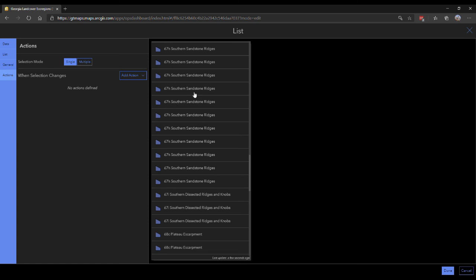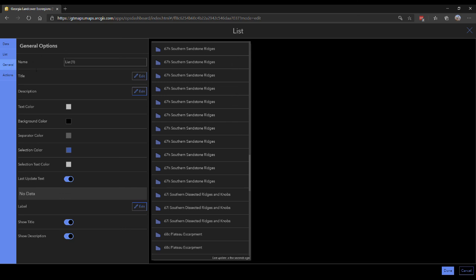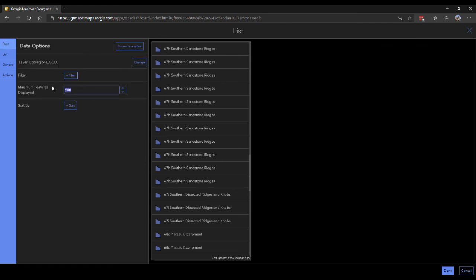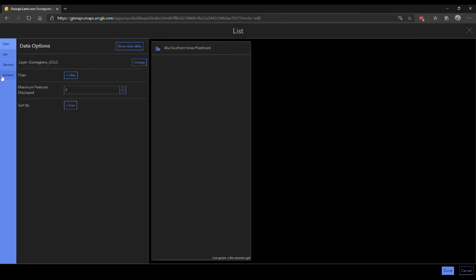The reason we don't use a list in that way and we use a selector is because a selector takes up much less space on your dashboard, whereas a list has to be included with your other elements and takes up a lot of space. It might be worth considering if we didn't have as many elements as we do, but we don't use it in that way. The way I found to use it was by making the maximum features 1,